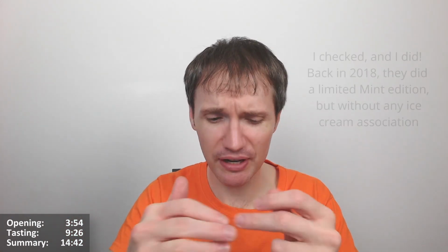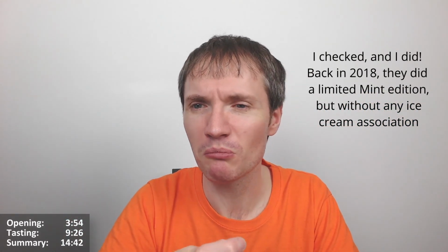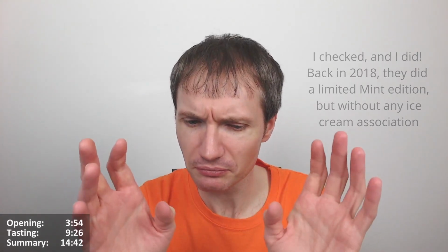This one's alright. As I say, I think for me it's just a bit more of a generic mini roll, really, just a mint flavoured one. It's okay, it's nothing special. And it's not mint choc chip either, which is what the ice cream flavour really is. And I wonder if I've reviewed this in the past. I'm sure I remember saying this for something at least. I'm sure it's a similar product or maybe another mini roll limited edition or something, I'm not sure. But yeah,